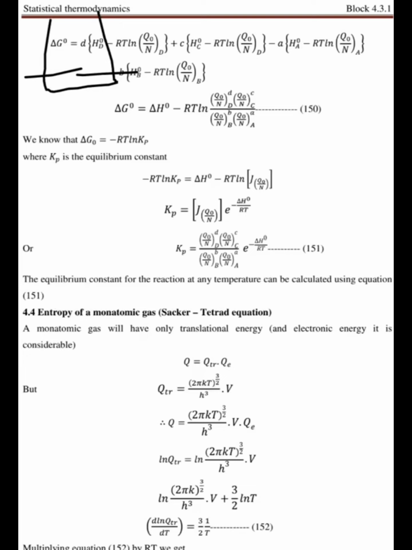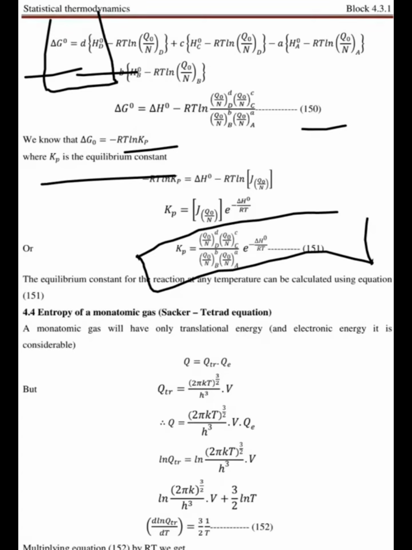After substituting those equations, you are going to get the value of delta G naught, that is the equation 150, and here delta G naught is equal to minus RT ln of Kp,